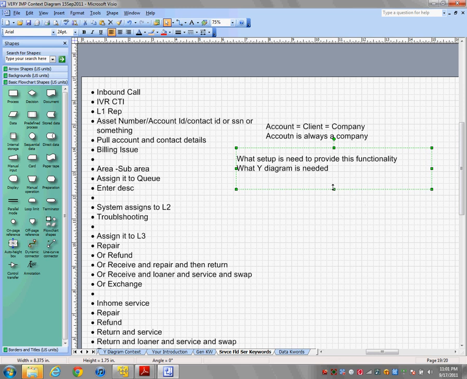PBX system. When you call the front office girl, you say I want to talk to Mr. John Chambers. So she looks for Chambers, and then she looks at the extension of Chambers and she dials that extension, right? That's the PBX system. You guys have seen that, right? When you call, I want to talk to Miss Ranjit Kaur, so they look for Kaur, they see there are 5 Kaurs, then they see which one is Ranjit out of them. Then the front office girl looks at the extension of that girl, then she dials that extension physically and then it transfers.